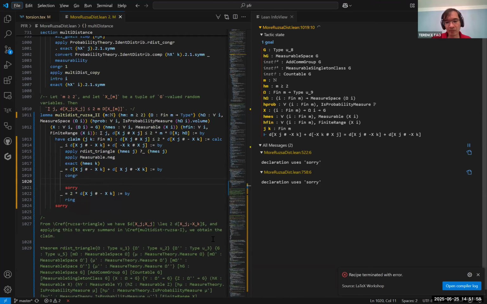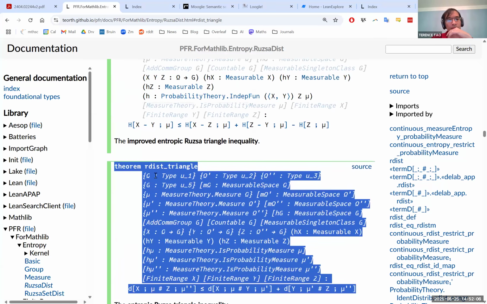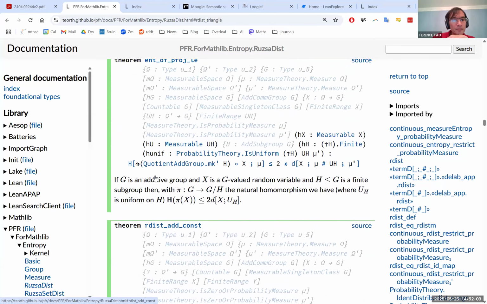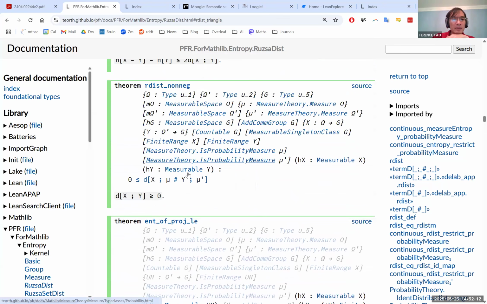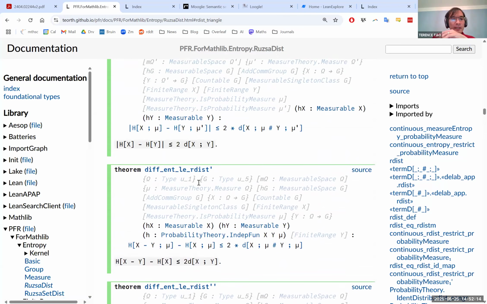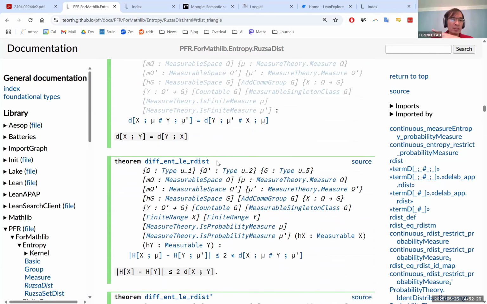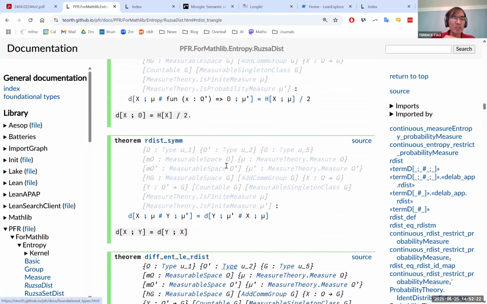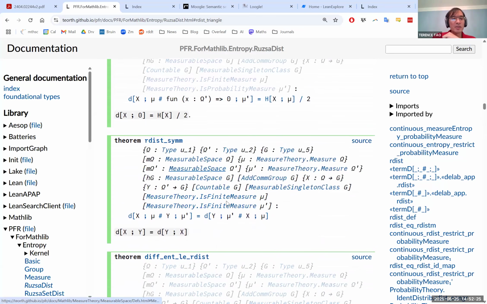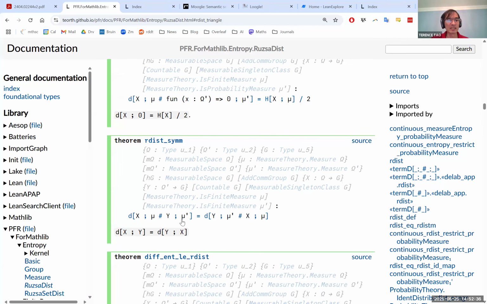Okay, so let me go back to the blueprint. Yeah, one reason why the usual tools are not super useful is because, for example, these AI large language models are not trained on the PFR project. They do have a lot of information about MathLib, which is useful, but the lemmas we're going to use here are not in the central Lean Math library. They're in this separate PFR project. In the future, I would expect to have AI models that can train locally on specific databases.